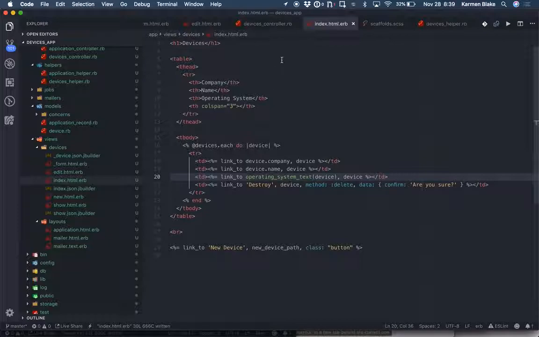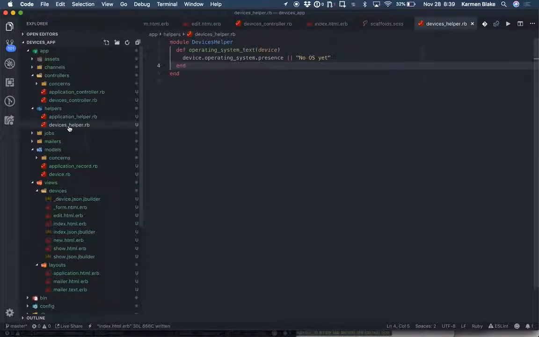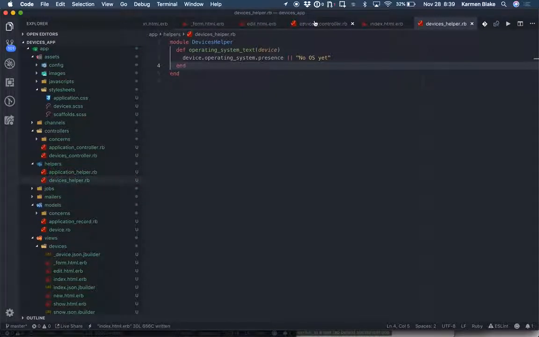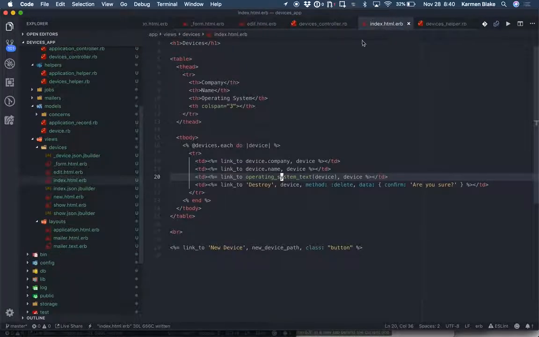I guess that was a good opportunity to show a custom helper. Really easy to add. Just find your helpers directory and put a method in there, and then you get to call it. So that's awesome. Cool. Let's get back over here, and